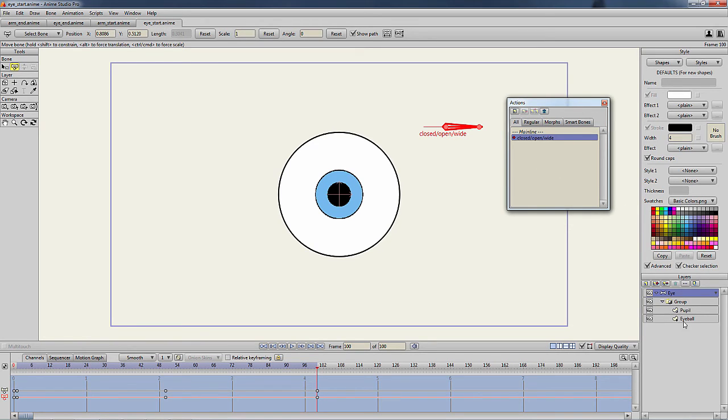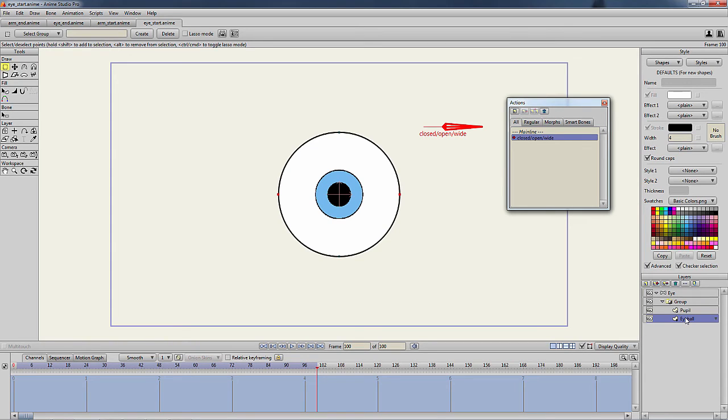Select the vector layer you want to animate in the action window. In this case, the eyeball layer. At frame 1, use the drawing tools to move the points so the eye is closed.